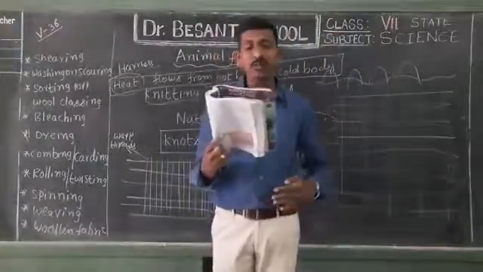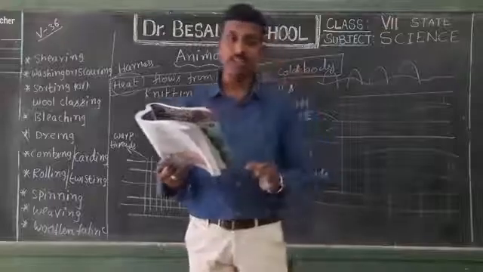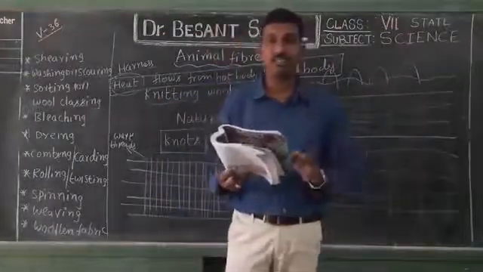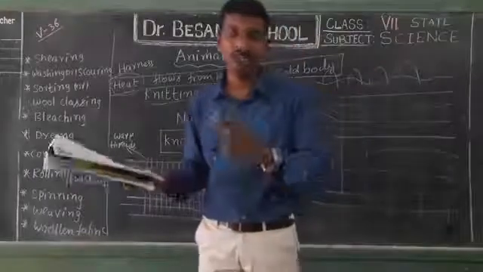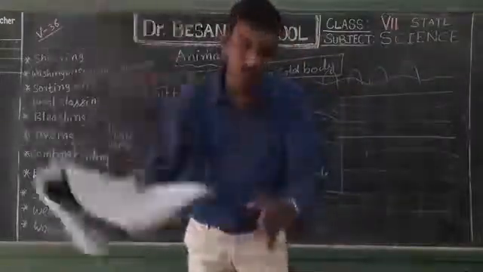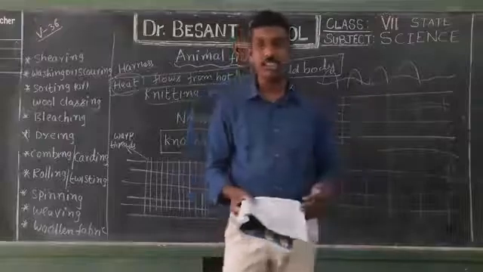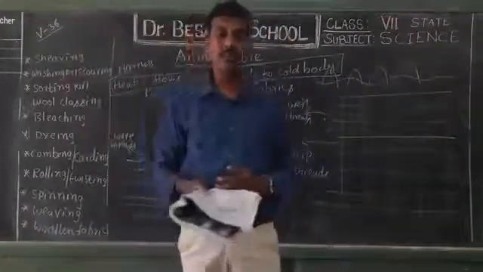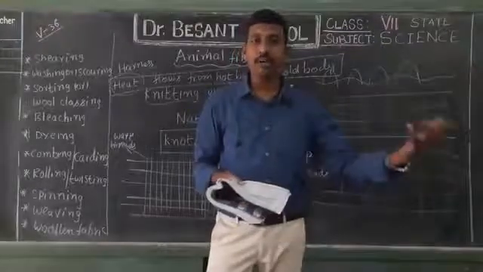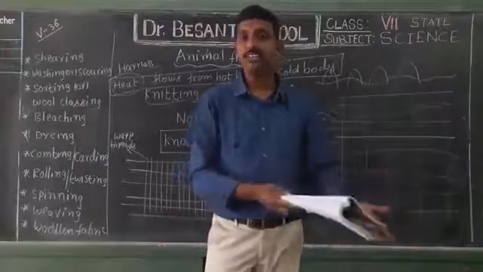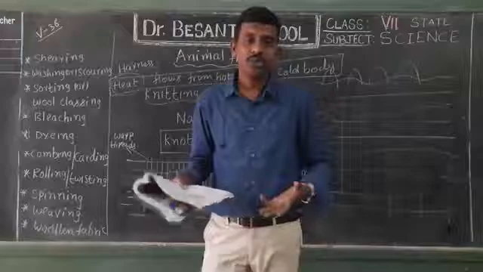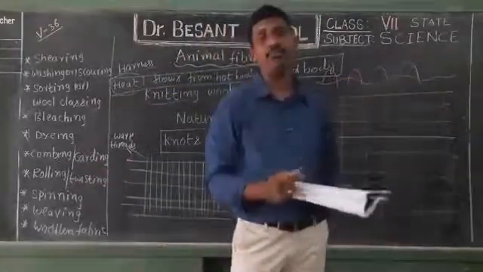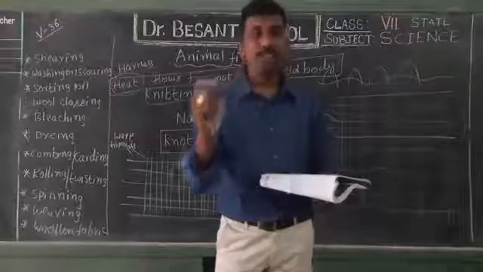Woolen cloths also help to douse fire. Douse means stop. When a small fire accident takes place, we can stop it by using woolen clothes. So when someone is caught in fire, generally we cover them with blankets. Why? Because fire means combustion takes place. It needs a lot of oxygen. So when we stop the supply of oxygen or the air to them, burning stops.